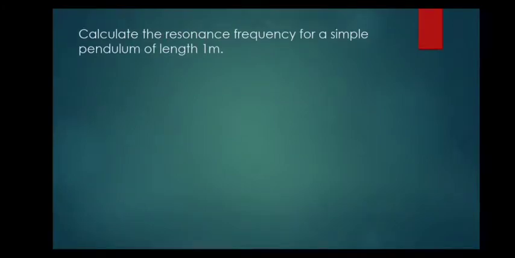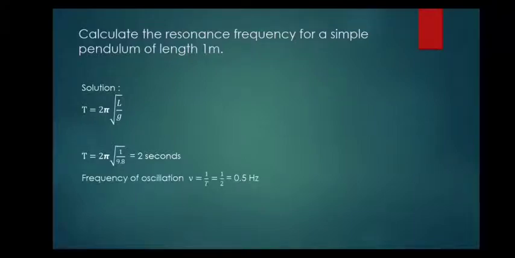Calculate the resonance frequency for a simple pendulum of length 1 meter. So to solve this problem, we have the formula T equals 2 pi square root of L by g. T equals 2 pi, length is given as 1, divided by g, which is 9.8, which is equal to